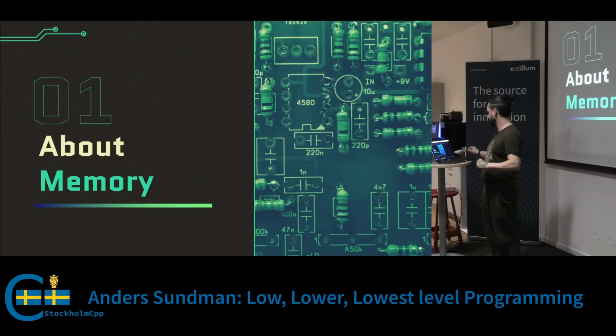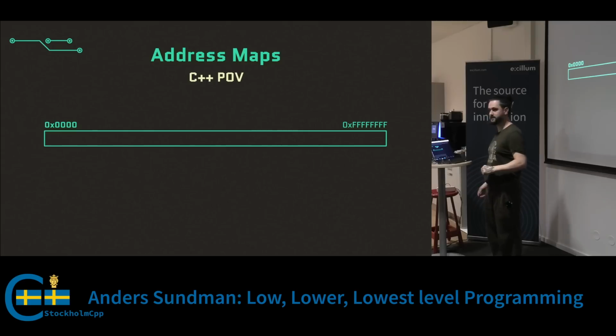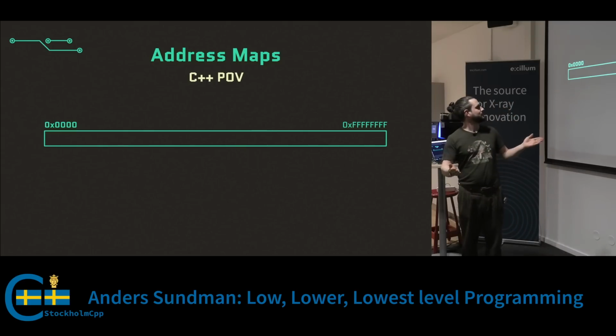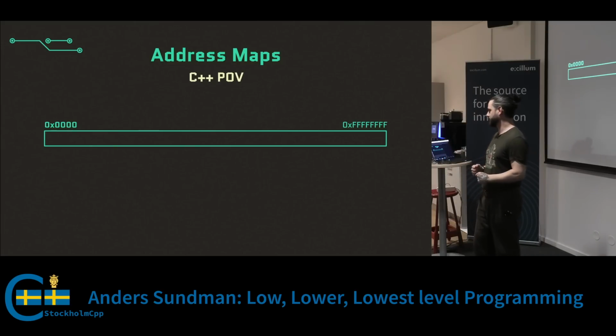Memory, we know memory, right? In C++, this is memory. C++ point of view, it starts at 0. If you dereference it, it's going to be bad for you. And then it goes to whatever the pointer type of your program is. This is memory, right? Well,